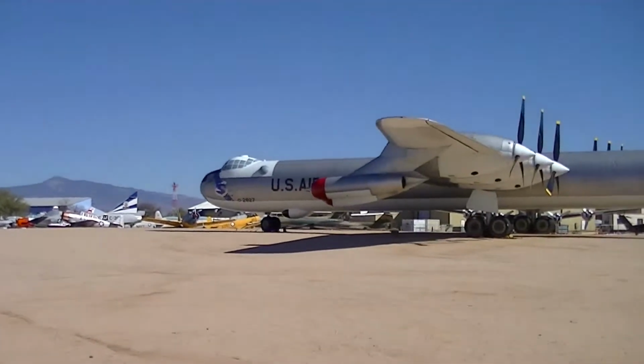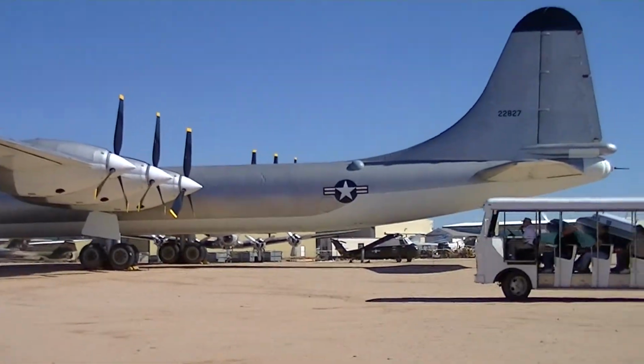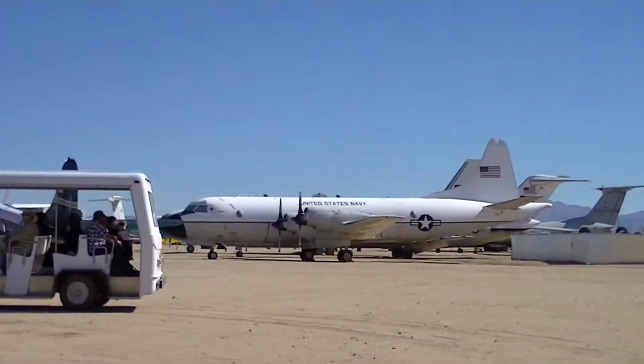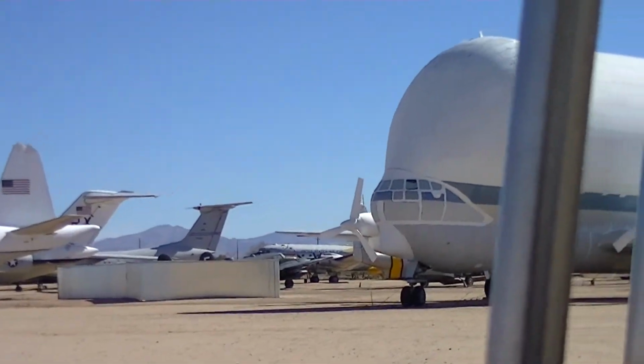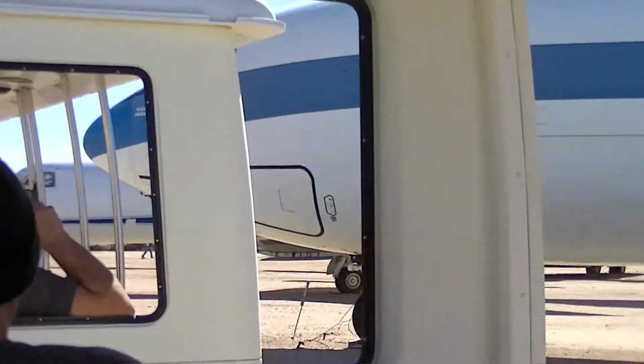And the first one's coming up on the, well, both of them will be on the right, but the first one is one of 5 modified Boeing C-135s that was used in the weightless training of astronauts. And as we roll up near the nose section, you're going to see a profile of the mission painted on the nose section,